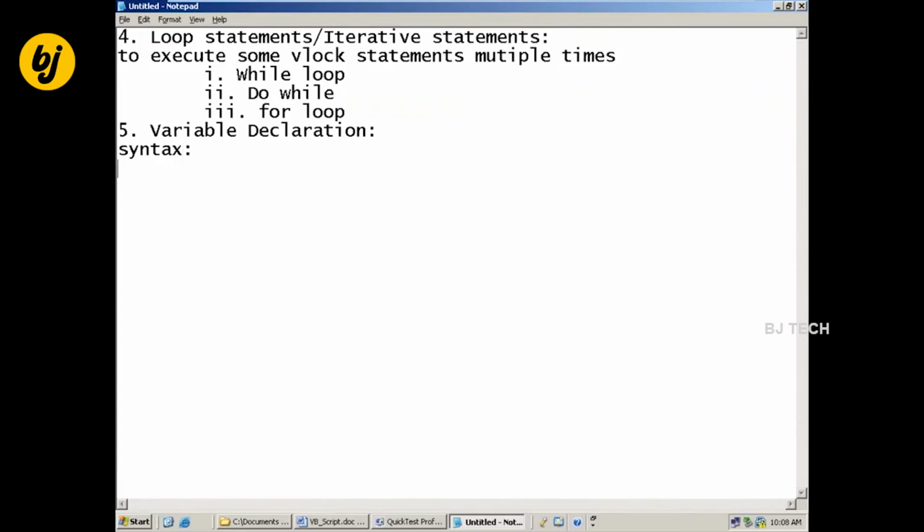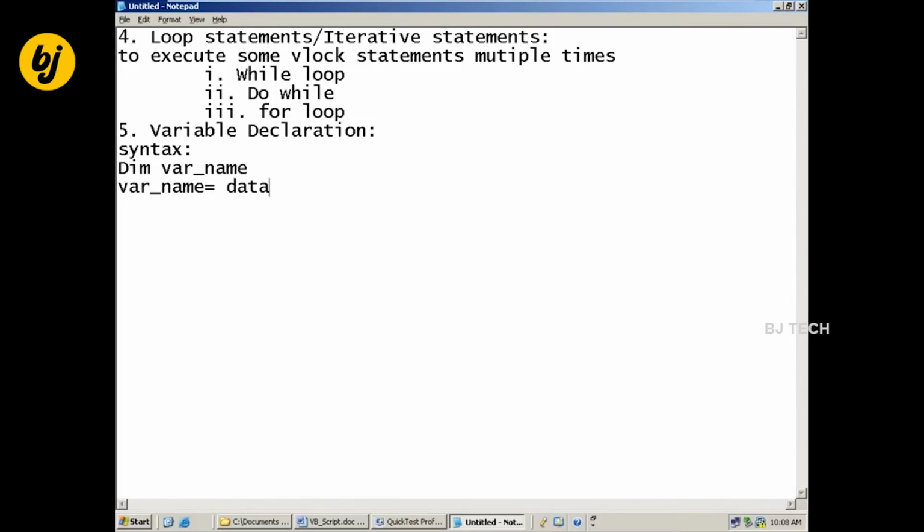The syntax is Dim, then the variable name. Then the variable name equal to data. Dim is for dimensionality. Dim variable name; we don't assign the value on the same line. In the next line only we have to assign the value for the variable: variable name equal to data.